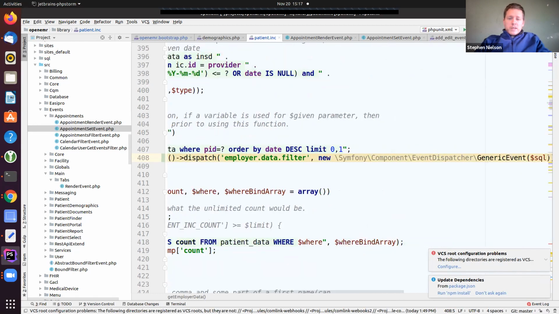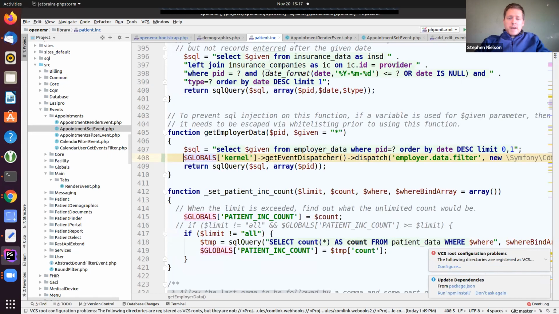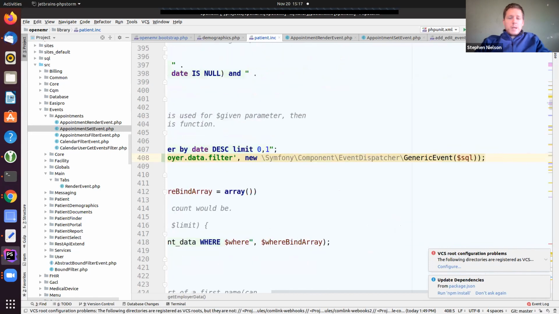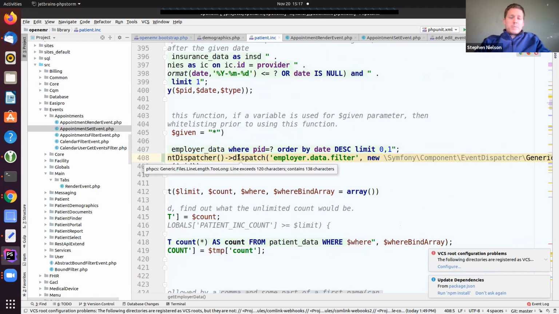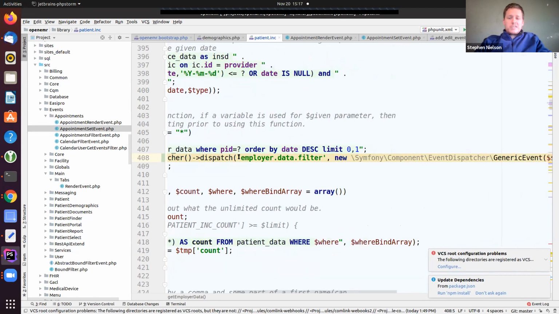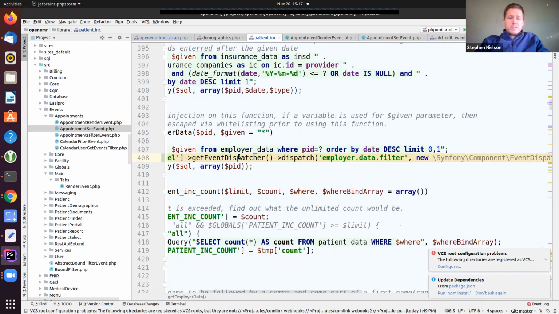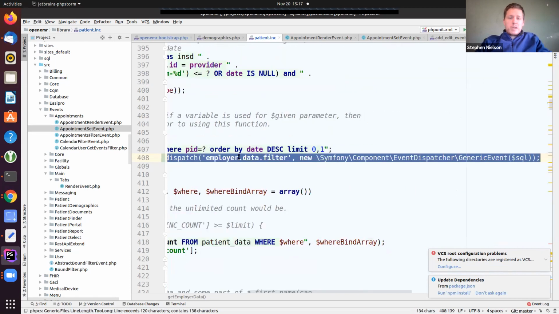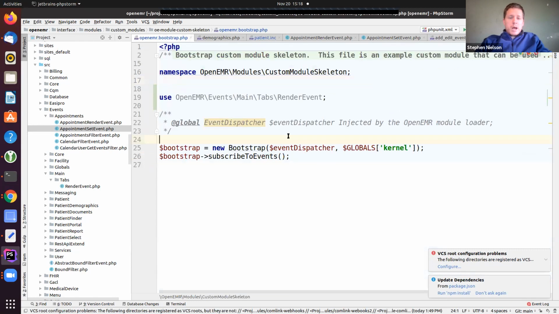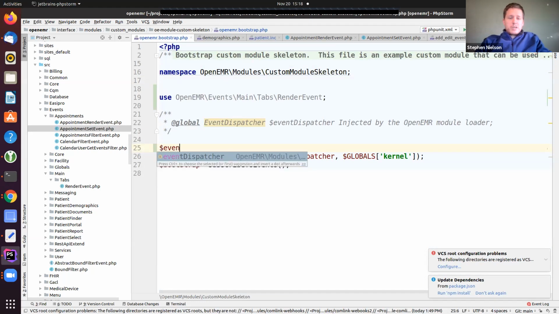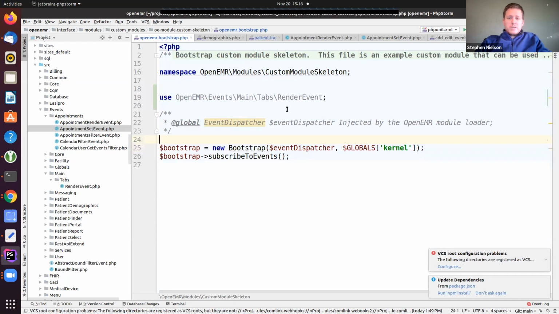So this piece, I've gone in and I've modified core. This is not how I want it to be, but if I did want to leave it this way, I'd submit a pull request and say, now I can listen to this event. Well, this isn't my end result, but I would be able to then say, okay, let me make sure that that's working for me. I'm going to come over here to my event dispatcher and let's do it inside of